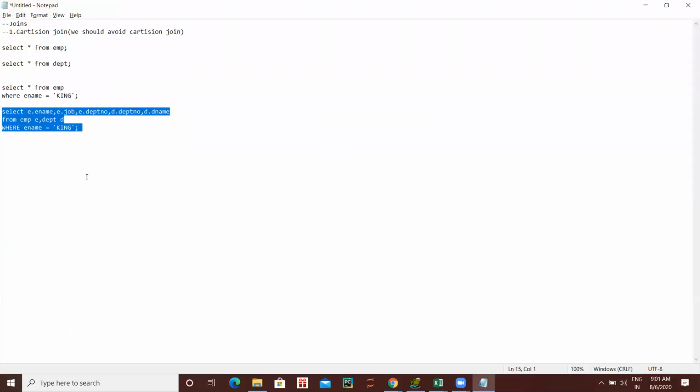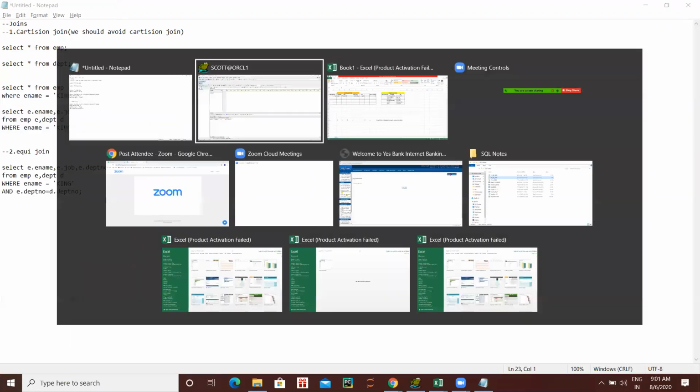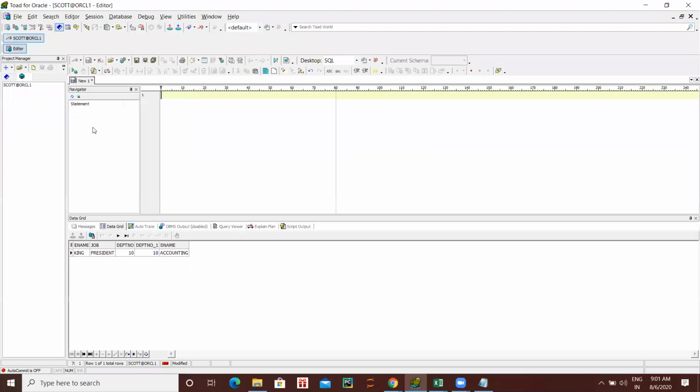Now, the second one is non-equijoin. The same query you write, but instead of the equal to sign, just give not equal to.